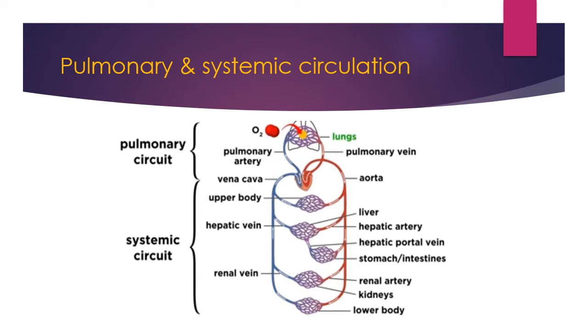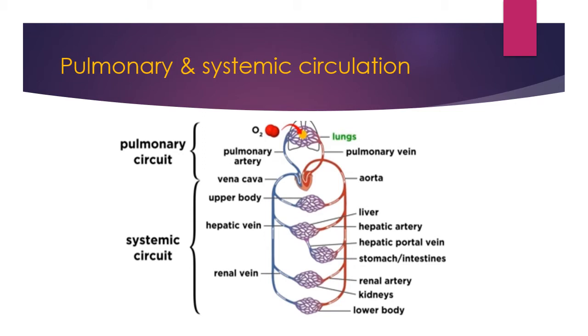We have two circuits in our body, the pulmonary circuit and the systemic circuit, and the heart participates in both. Blood enters the right side of the heart and is sent to the lungs, where it becomes oxygenated. When oxygen is breathed in from the air, it diffuses in the lungs, enters the bloodstream and binds to hemoglobin, and when this returns to the left side of the heart, it completes the pulmonary circuit. So here the upper part is the pulmonary circuit, which receives the oxygen and completes the circuit.